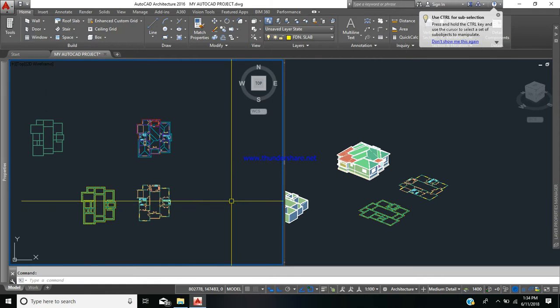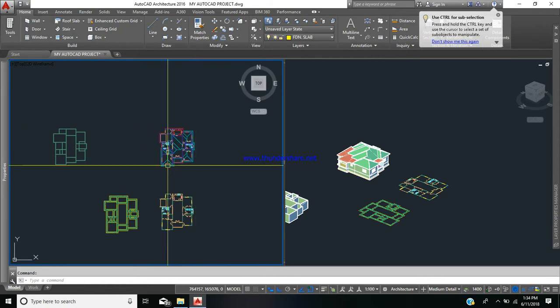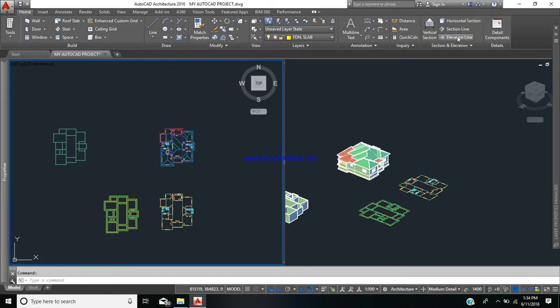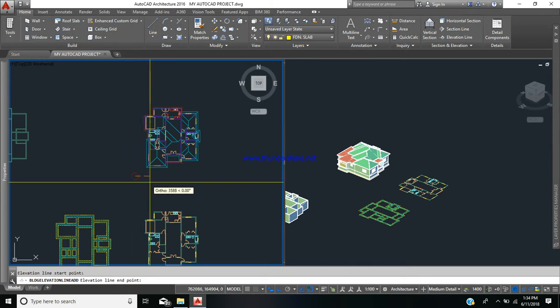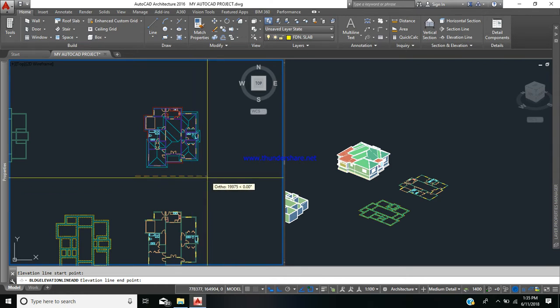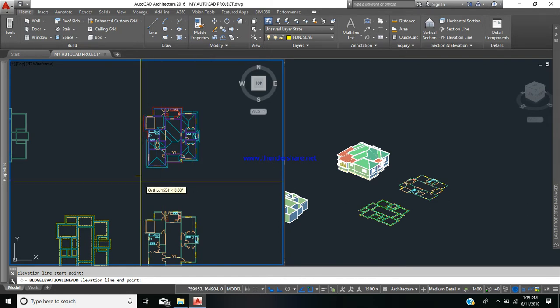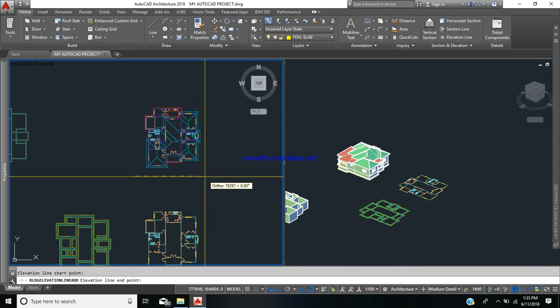Now I'm going to be extracting first of all my 4 elevations. Let me hide this, and I'm going to select elevation line from my section and elevation tabs. Now when I select elevation line, what is important is that we go in an anti-clockwise direction. And so to extract my front view, I'm going to draw my elevation line from left to right, ensuring that my elevation line passes the entire building. So I ensure that I started outside the building and I'm drawing it past the building on this side as well. Then I give a click,